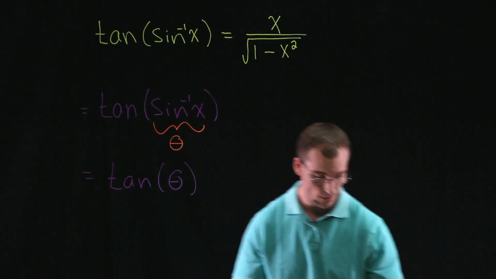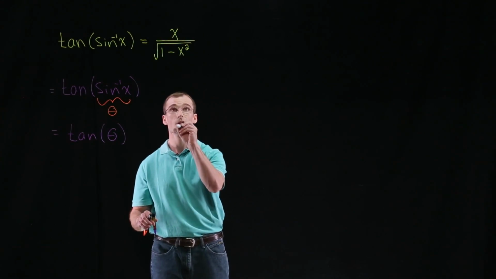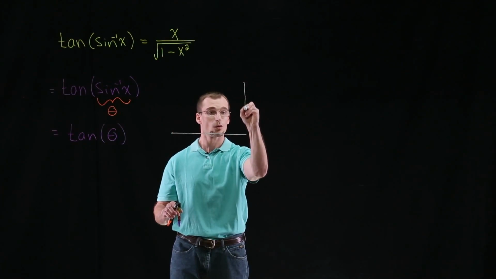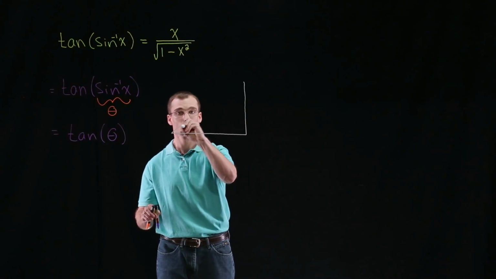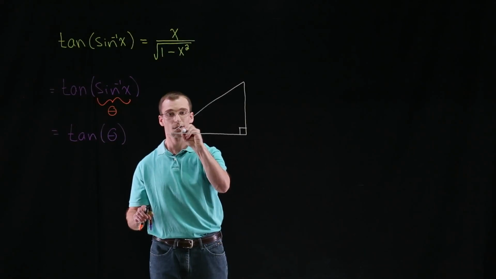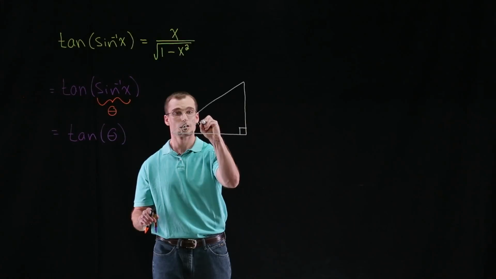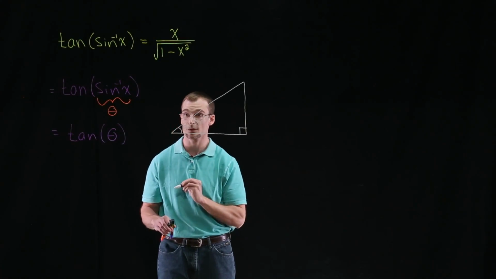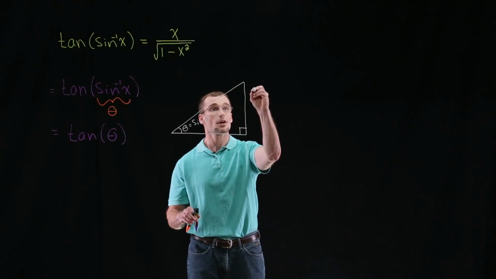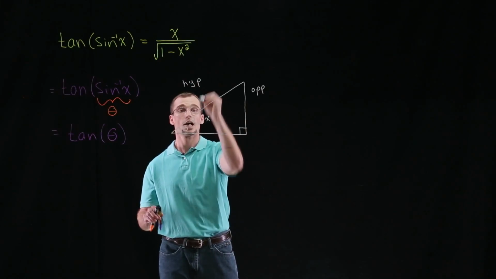Now to help us with this, we're going to look at some right triangle trigonometry. So let's look at that. We're going to draw some general right triangle with, say, some angle theta, which is our sine inverse of x. And in this right triangle, with our angle theta, we have our opposite side, hypotenuse,